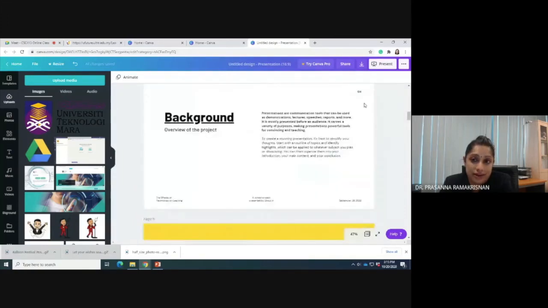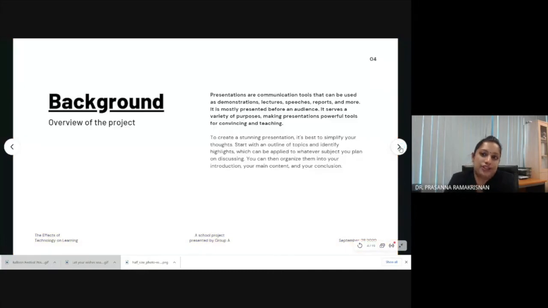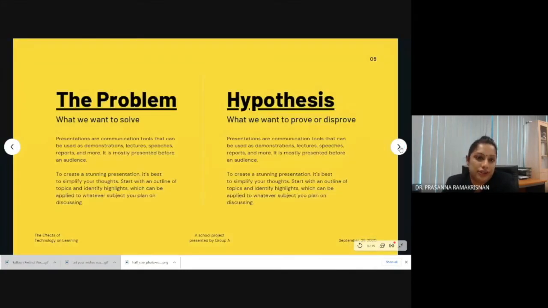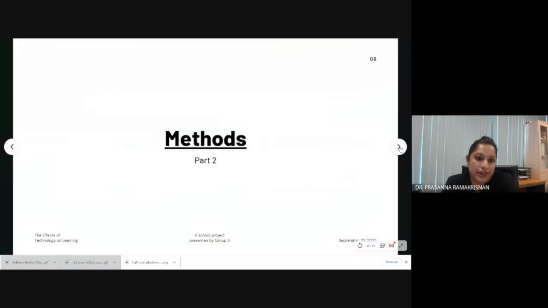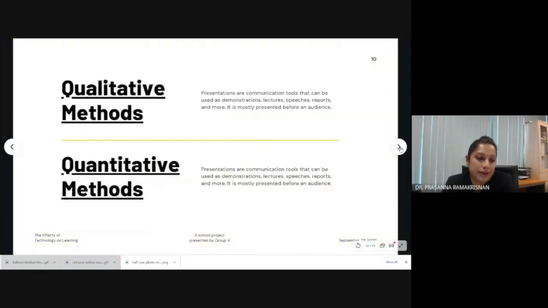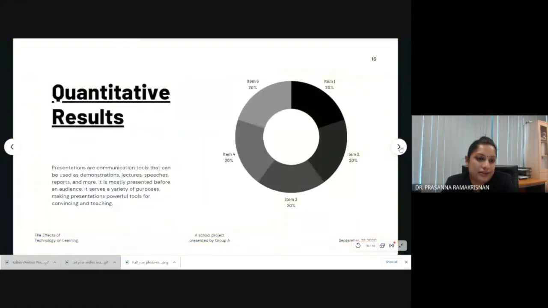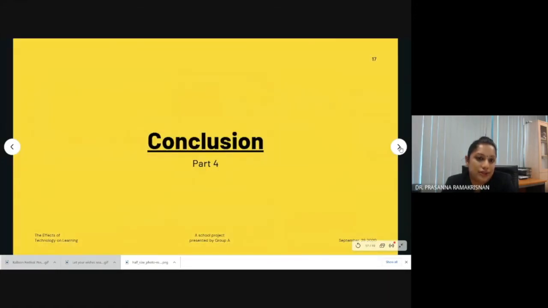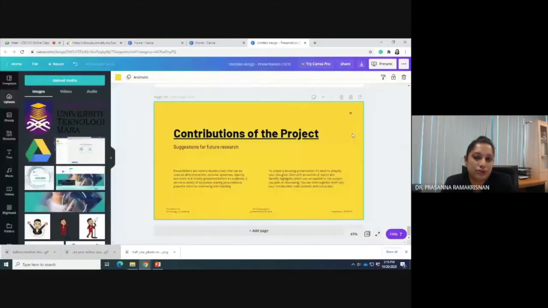So once you're done, you can see the output. So you can use your preview presentation to present to your lecturer. So you don't need to pay. You just open up your Canva and you can straight away start to present by using Canva. So the design is very nice. And you can use the whole thing inside and you just have to change. So this also can be done. Okay, this also can be done.